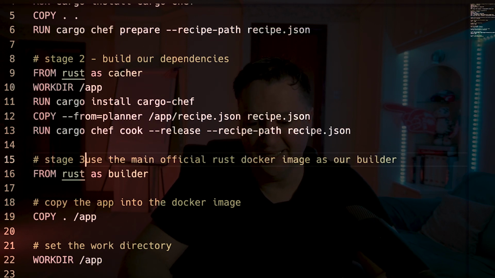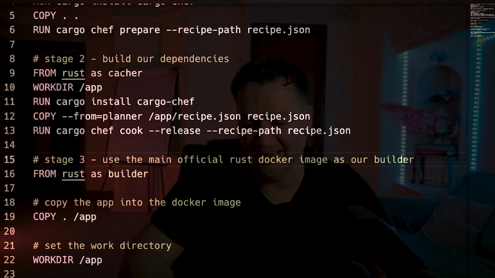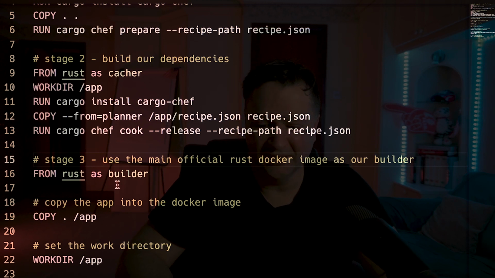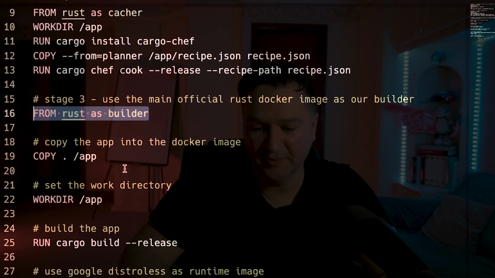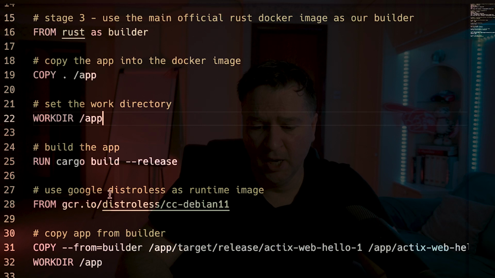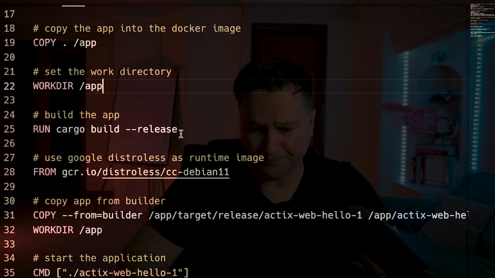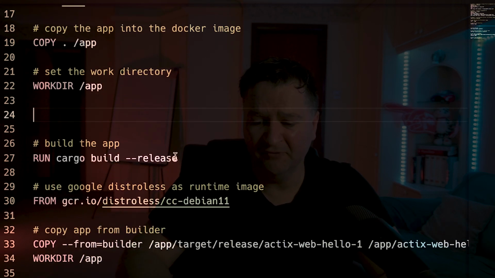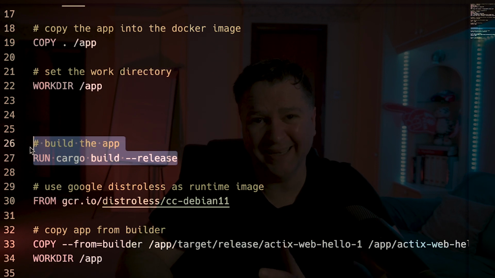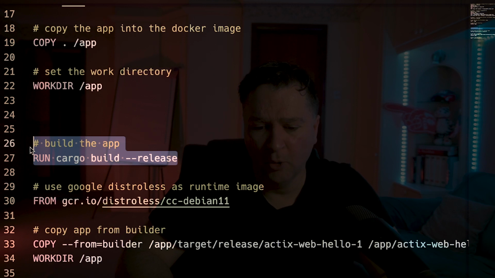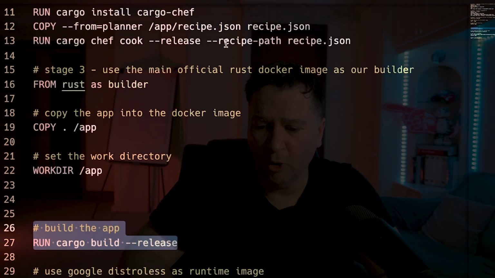So stage 3 is going to be to create a builder image. None of that changes from before. I still have my Rust image as a builder. I copy my app. I have my work directory as an app. But now what I need to do in here, before I do that build, remember that is the slow part of this application, doing the cargo build release, what I need to do is copy all of the